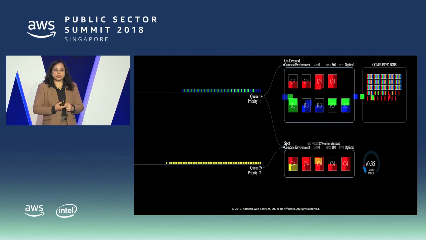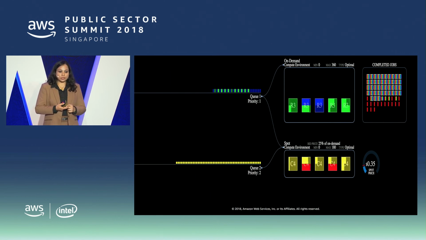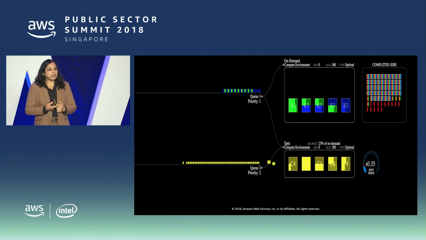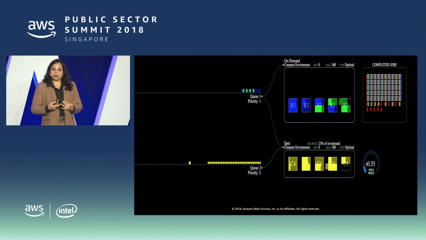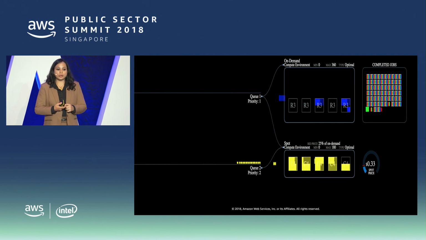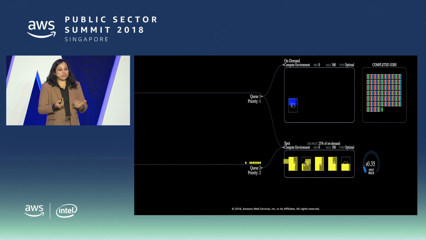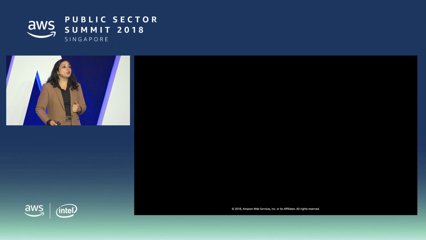Also, you will notice that in the above on-demand environment, the C4 instances are now automatically getting shut down as the tasks are being finished. You will also see that the R3s are still running based on the maximum which was given to it, and as these complete, they will be submitted to your completed jobs as well. Your spot pricing, as you can see on the parameter, is still very much below the bid price. So it is continuing, but if it goes above the bid price, the queuing stops.